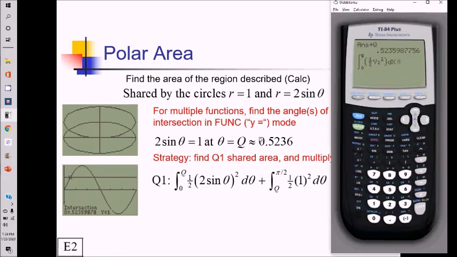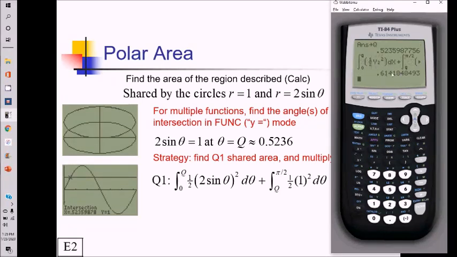So here's what I've entered for this first integral. I've got integral from 0 to Q, 1/2, and I stored this 2 sine of theta in y2 in function mode, so 1/2 y2 squared dx. Let me get the other integral now. So here's my other integral from Q to pi over 2, 1/2, and I was a little silly here. I've stored 1 as y1, so I did y1 instead of just writing 1. It's the same thing. And then square that dx,